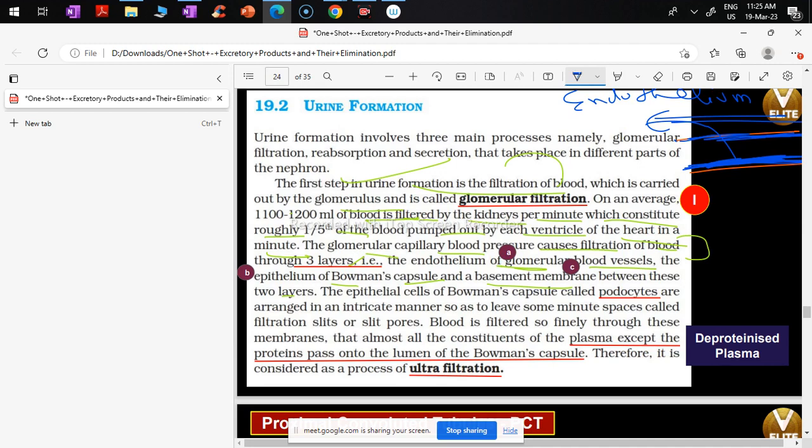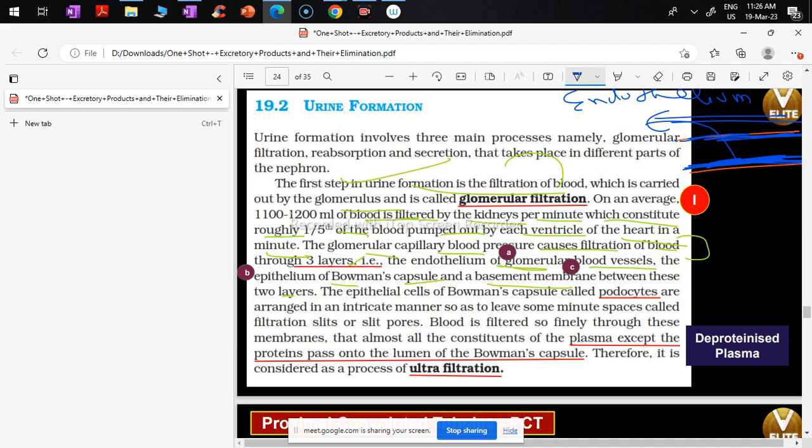Those proteins do not pass into the lumen of the Bowman's capsule, and therefore